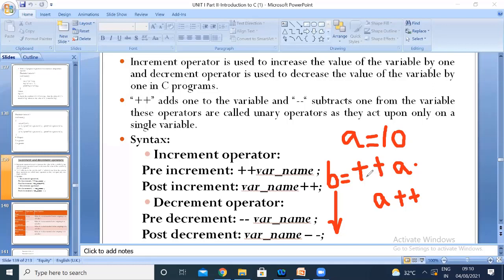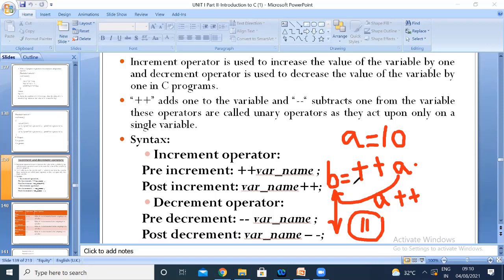So first you increment the value by 1 unit, and after incrementing, you assign that value to B. 10 plus 1 will become 11, and 11 is assigned to B. If you print the value of B, you will get 11.